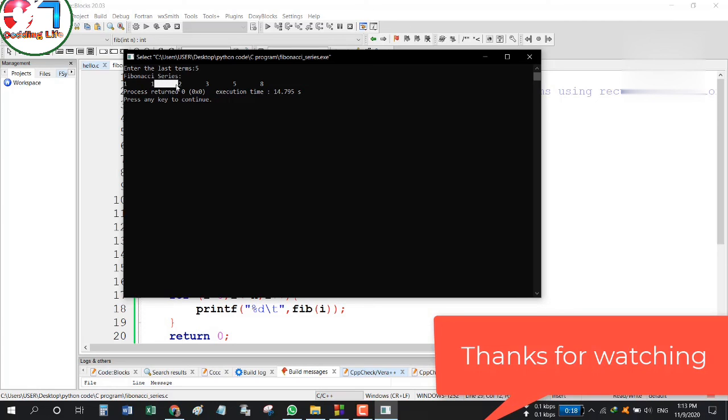Then it will add these two numbers, and the third one, that means 3, will be the sum. After that 2 will be the first number and 3 will be the second number, and 5 will be the answer. And after that 3 will be the first and 5 will be the second, then 8 will be the third one. So this is actually the main case.